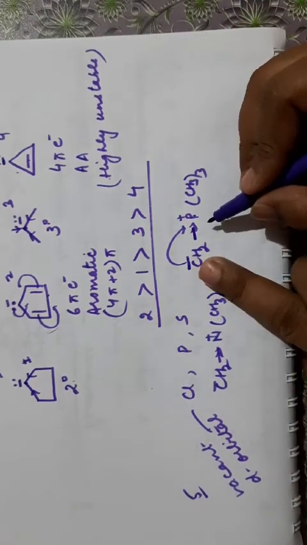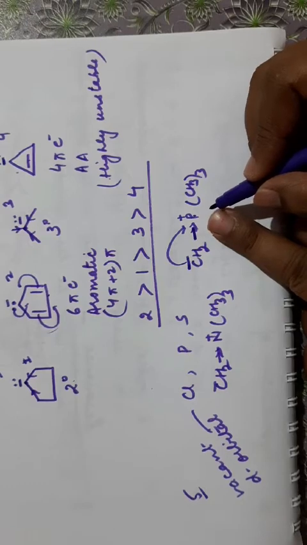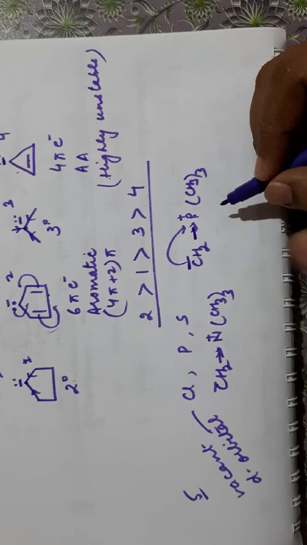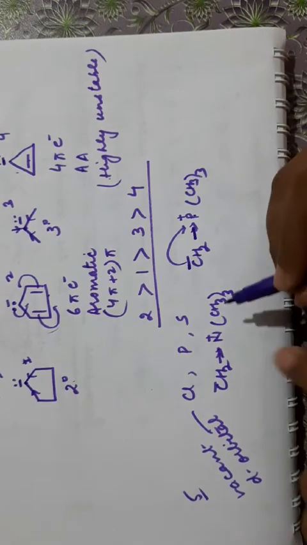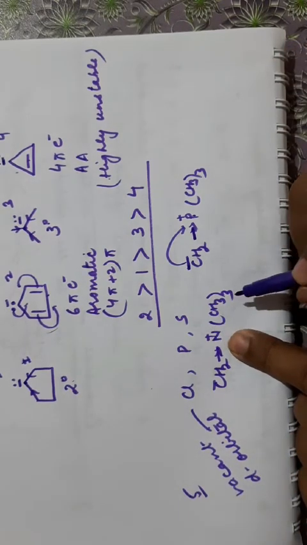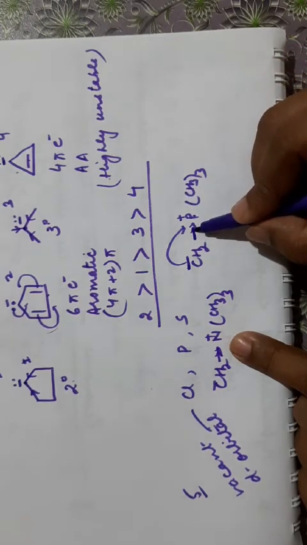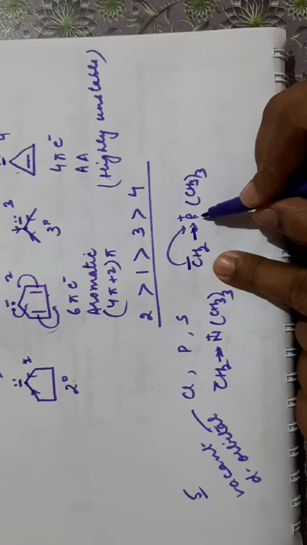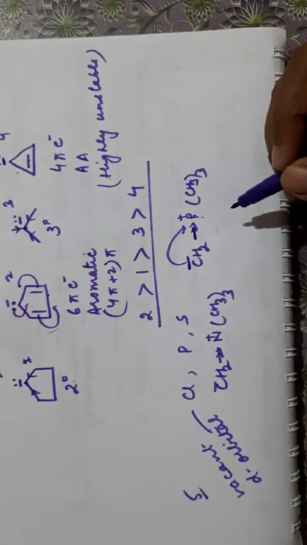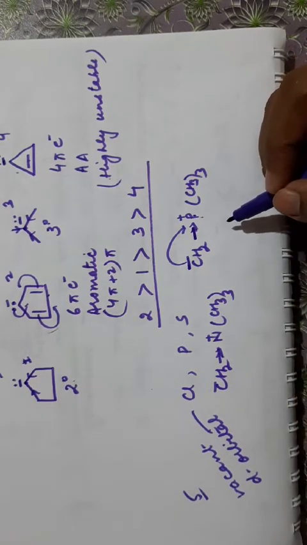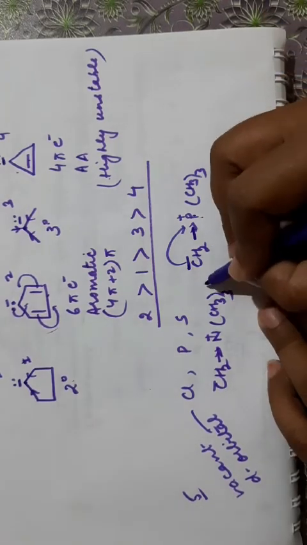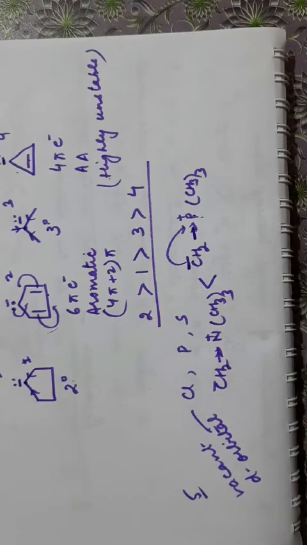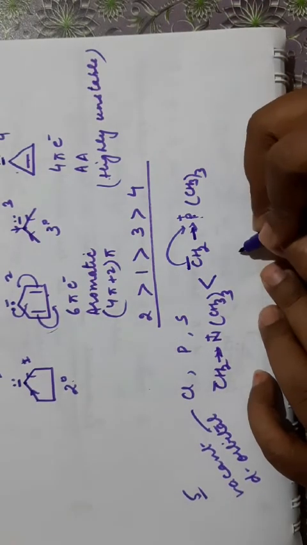The negative charge can delocalize into the d orbital through p pi d pi bonding, and it will highly stabilize this carbanion. So although the minus I effect is stronger in this case, due to the delocalization of negative charge into the vacant d orbital of phosphorus or sulfur or chlorine, they are more stable as compared to others. So this will be more stable as compared to this structure. Clear? Another example we will take. Suppose we have